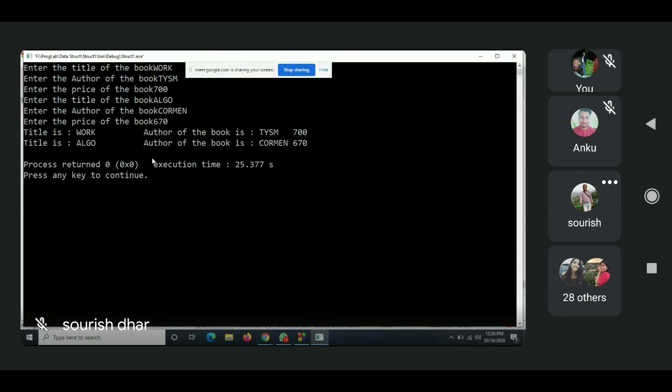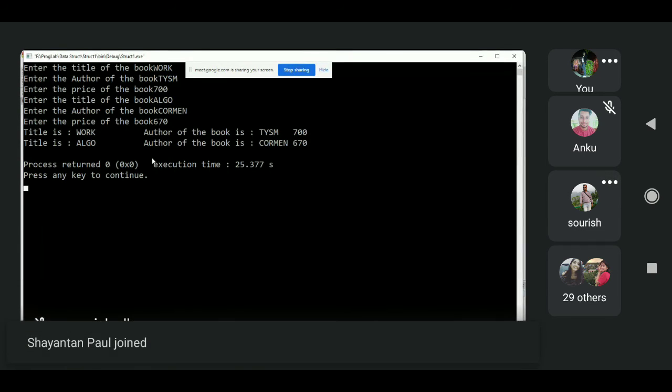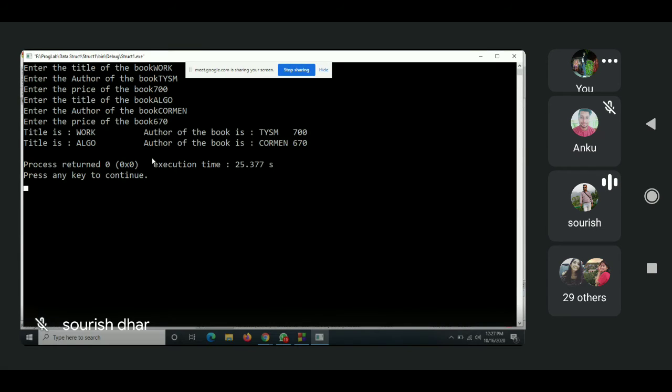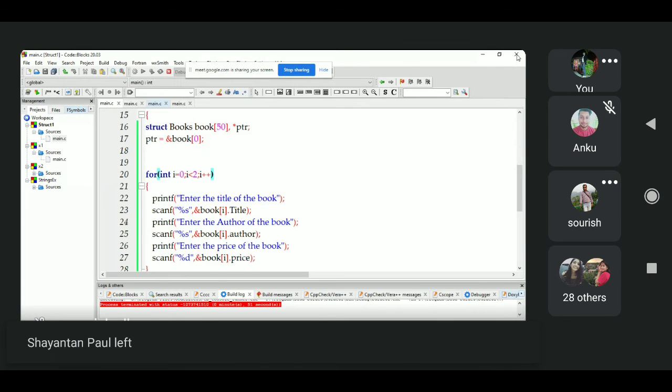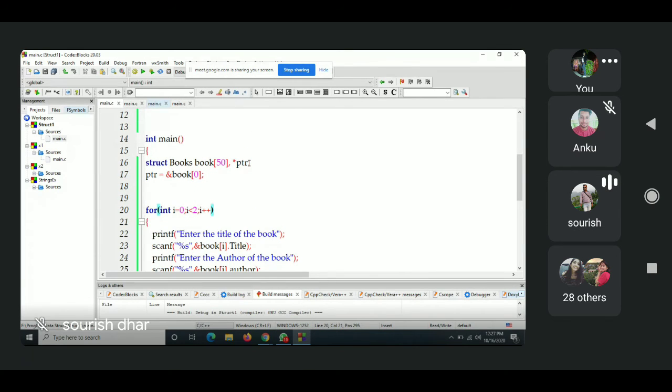See, now is it coming? I have just changed one thing here. Instead of pointing to everything using a pointer, I'm just pointing to this price with a pointer. You can see it very carefully. Here, I've created a pointer of structure book type, and I have given the initial address of the book. This is how it has been initialized.